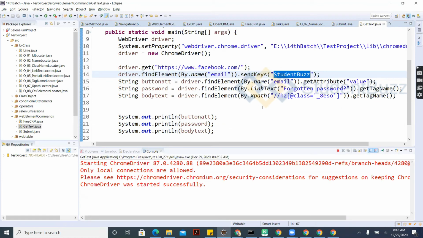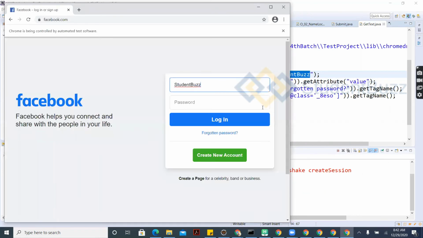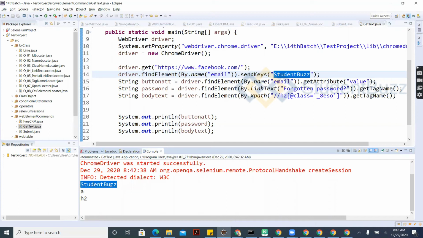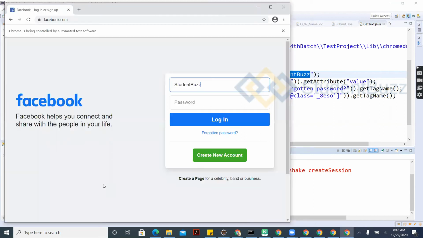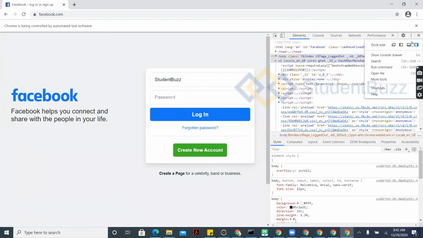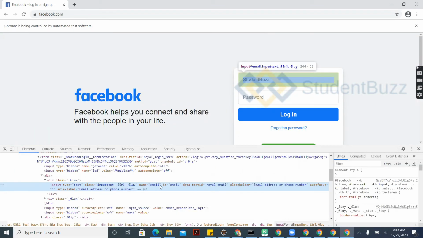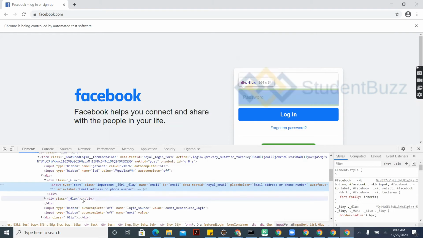So in interviews, people will ask whatever text you enter into this text box, how will you fetch this particular value? See, whatever I have entered here in a text box, it returns this value. If you see, there will be a value attribute. Type, class, name, ID, data tested, and so on. It is not showing it. I don't know if it is storing this value.